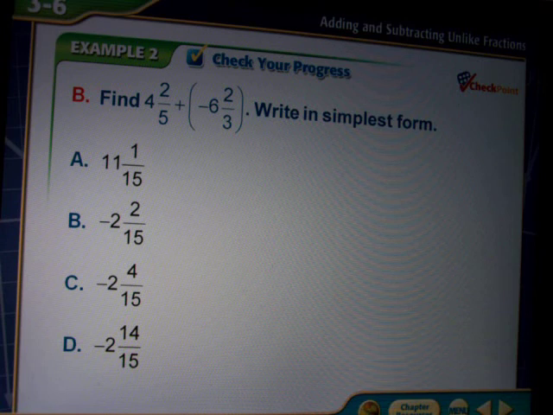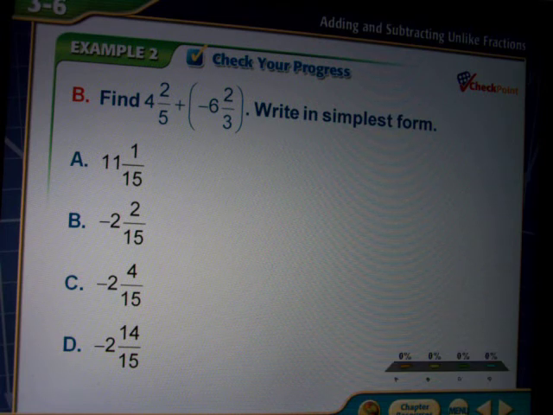So now find 4 2/5 plus a negative 6 2/3. Write that in simplest form. Is the answer A, 11 1/15, B, negative 2 2/15, C, negative 2 4/15, or D, negative 2 14/15? Remember, convert them into improper fractions first, then solve as you would. And hopefully you're actually solving them and not just listening to me. You'll get more out of it if you actually solve the problems. And your answer is